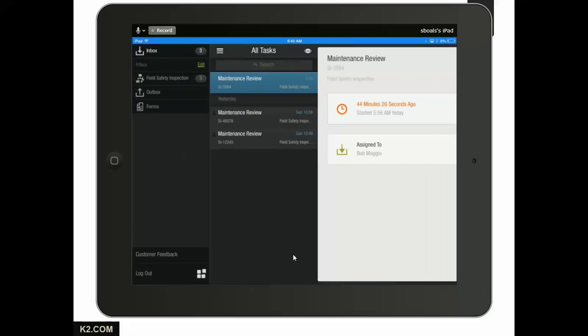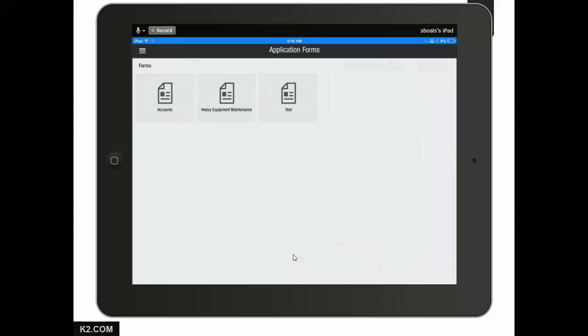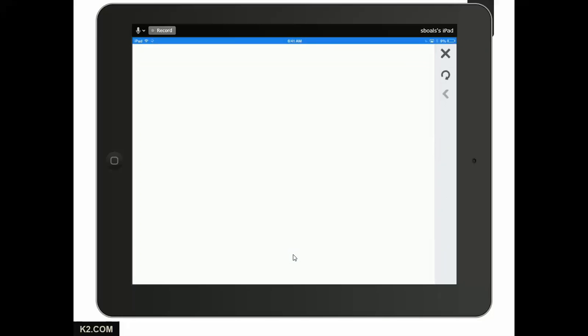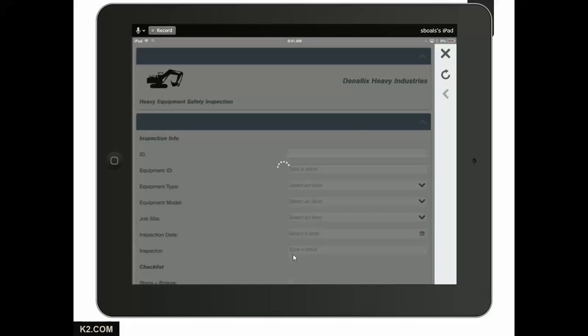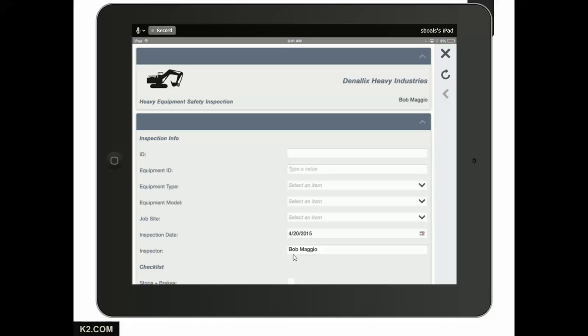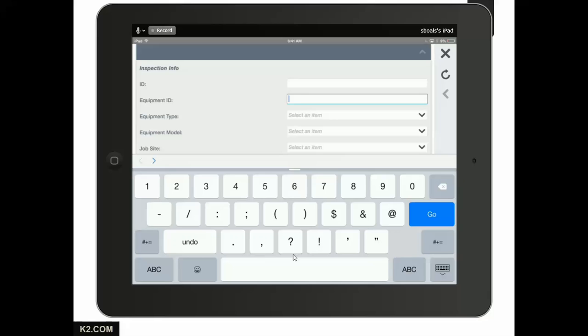But what I want to start with is our forms. So if I go ahead and click our forms, you'll see a number of forms that are assigned to me. And I'm actually going to go into my heavy equipment safety inspection form. So if you take a peek at this, we've got a number of fields. I'm going to go ahead and type in